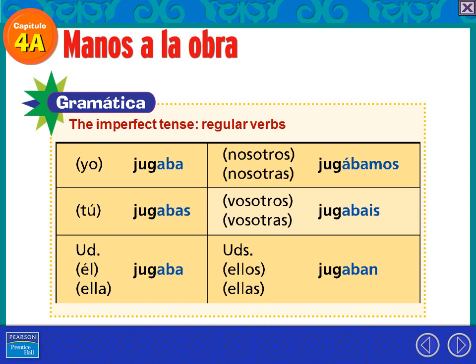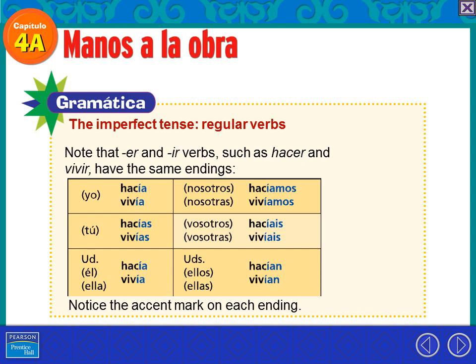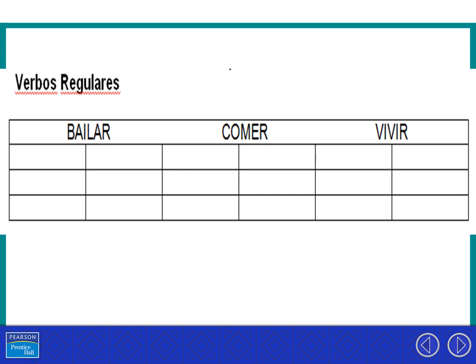So here you have the regular AR endings. Here are the regular ER and IR endings, and you're like, whoa, she's going too fast. Give us a second. So easy. Okay, so here's bailar, and you'll see the AR endings. Pause. This is on the back side of your preterite sheet, just in case you weren't aware, so you're going to want to write these down. Okay, now you can go.